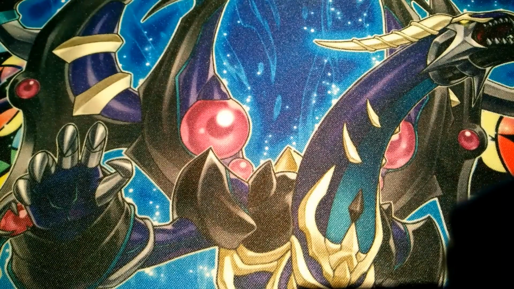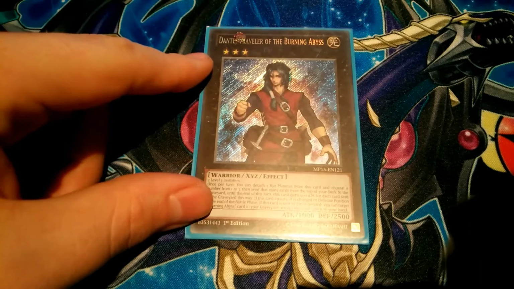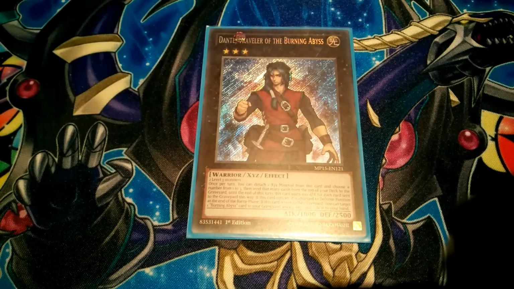For the extra deck, I play 1 rank 3 monster. I think you can guess which one. It's Dante, Traveler of the Burning Abyss. When you have 2 Luminas, Lightsworn Engrave can make him, or